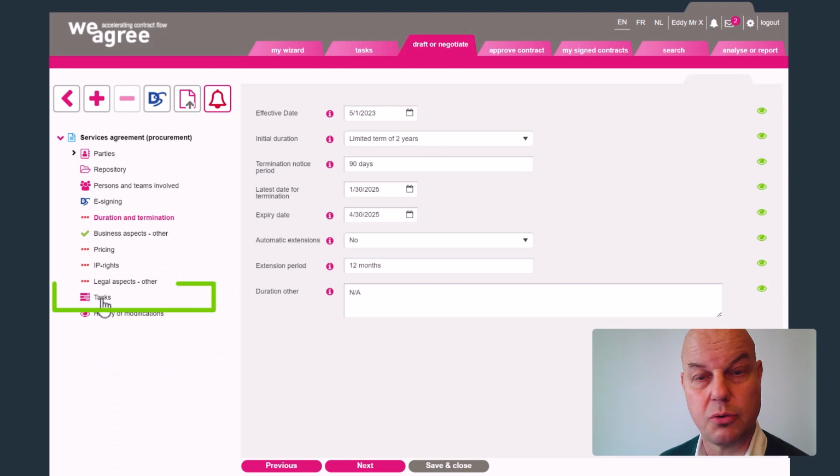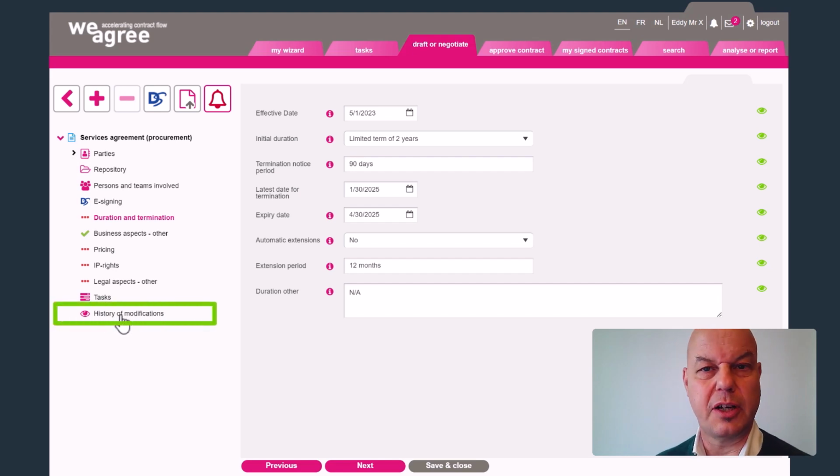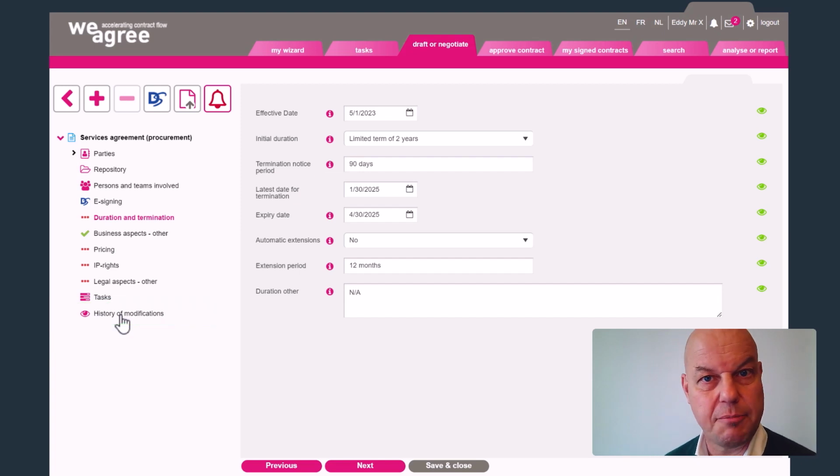There's an overview with all the tasks in connection with this contract. If there are more than just 1 or 2 pending, this may be a useful contract-related Kanban. And you have the possibility to check the history of modifications. There's some logging on all the changes that have been made in the past and who has made which changes